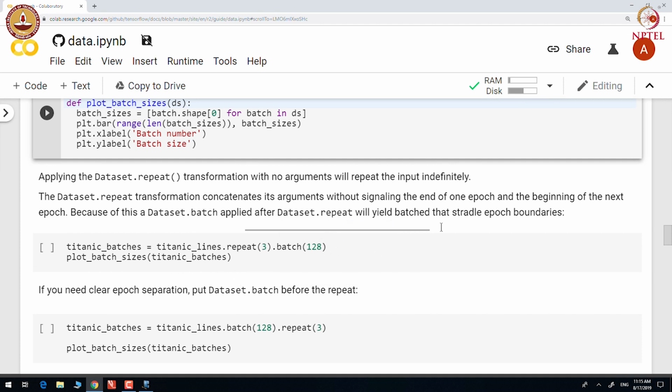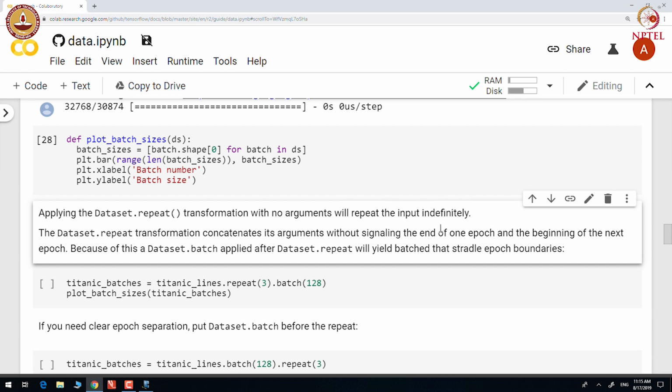The repeat transformation concatenates its argument without signaling the end of one epoch and the beginning of the next epoch. Because of this, a dataset.batch applied after dataset.repeat will yield batches that straddle epoch boundaries. So, let us repeat the dataset 3 times and we process the dataset with a batch of 128, and let us plot the batch sizes.